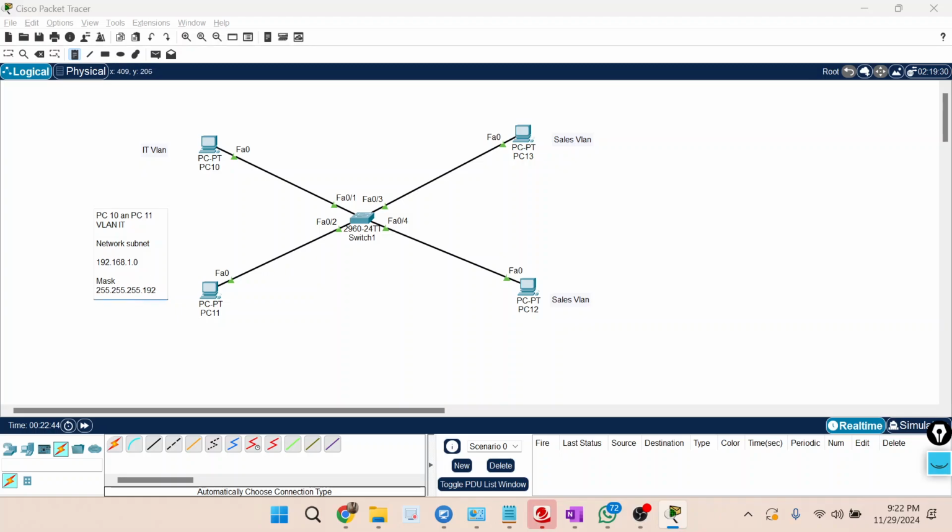This is for PC 10 and 11. Then PC 12 and PC 13 are part of VLAN sales. Now what is our network address? 192.168.1.64. What is the mask? 255.255.255.192. Correct?